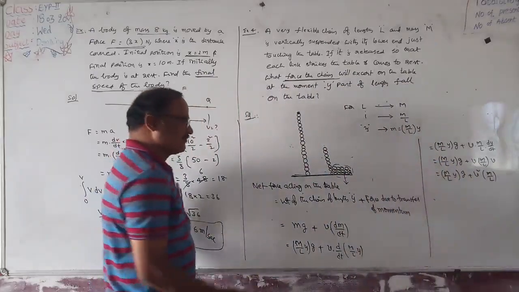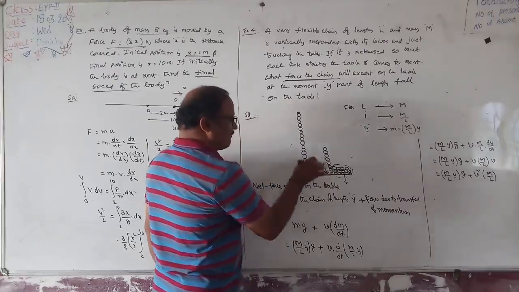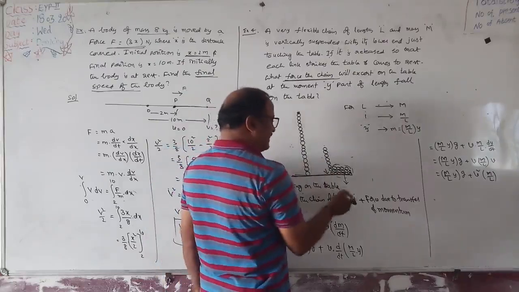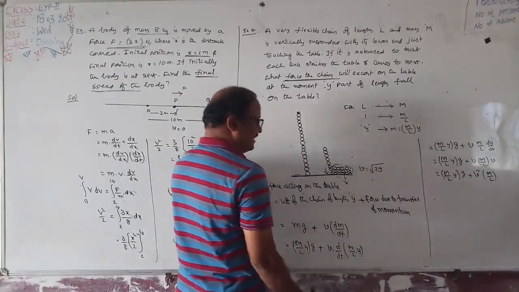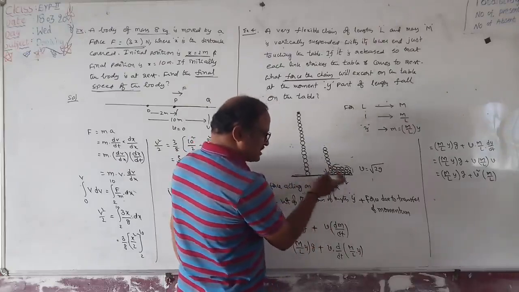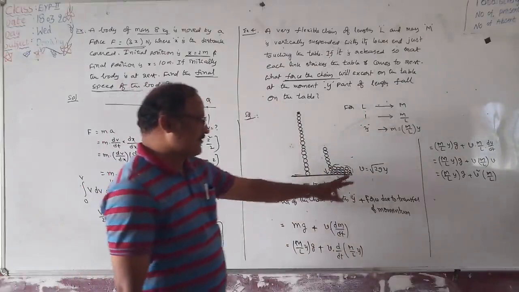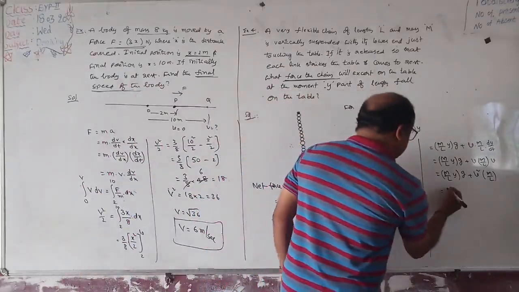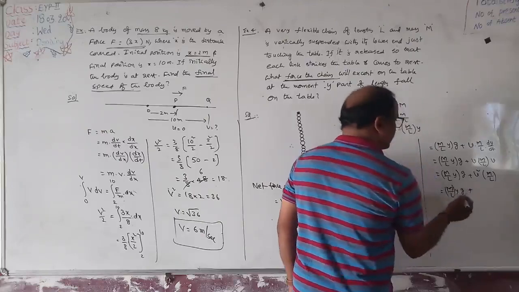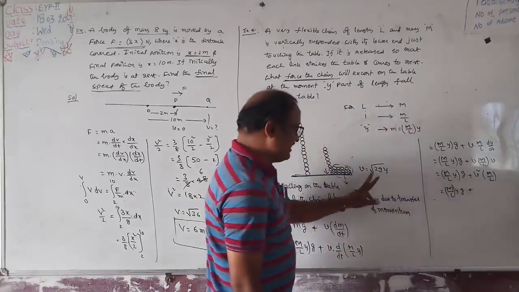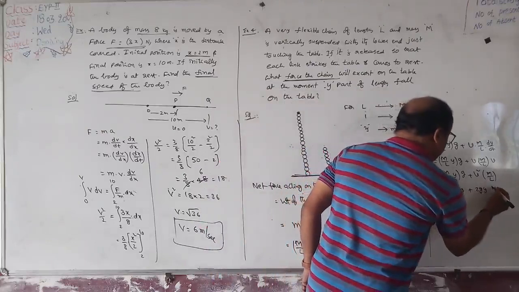What is V? V is the velocity imparted on the table by the chain. It is a freely falling body, you know. Velocity V is equal to root of 2gh. Here, what is h? Y part of the chain is on the table, so it is equal to root of 2gy. Freely falling body velocity. So that is M by L Y G plus V square, where V is root of 2gy, then V square is equal to 2gy into M by L.